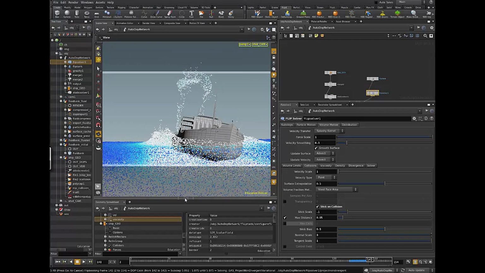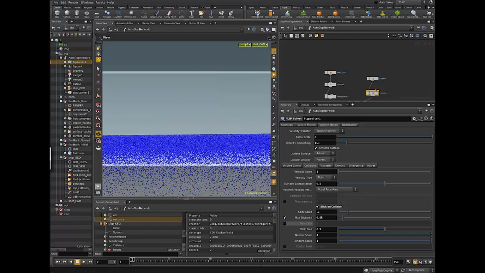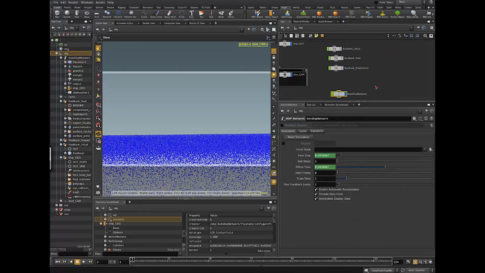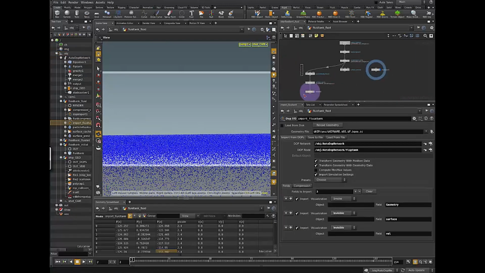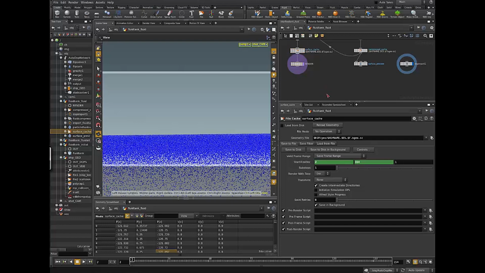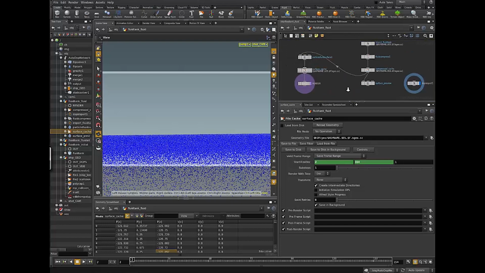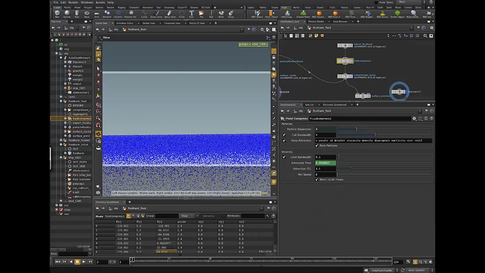And you can see there you've got pretty good collision. So now, once you're happy with how your simulation's looking, the next stage would be to cache the simulation out. And so this is where our fluid tank fluid network comes into play. We have our fluid compress node here,